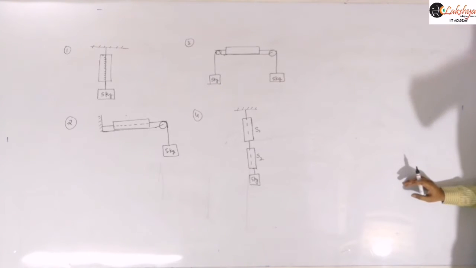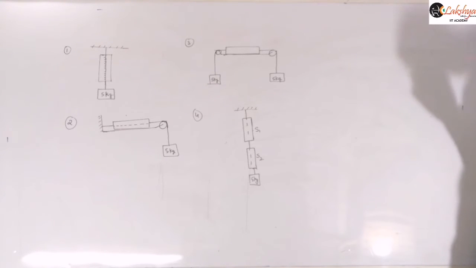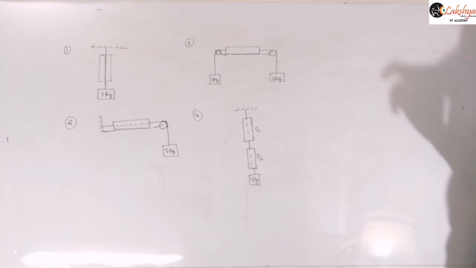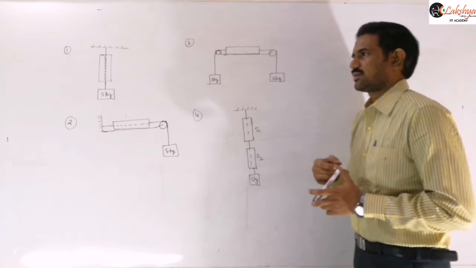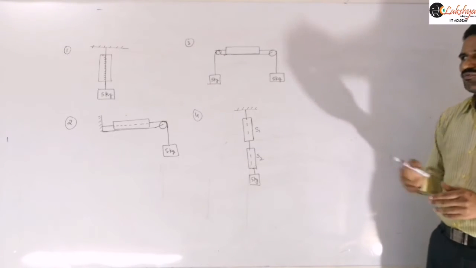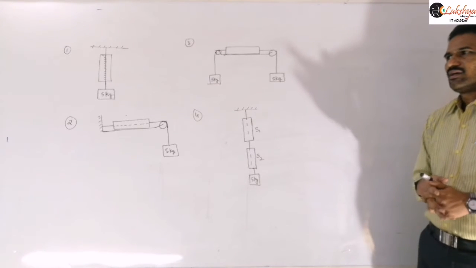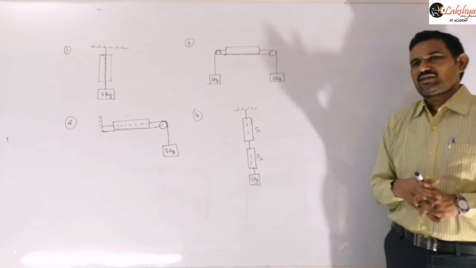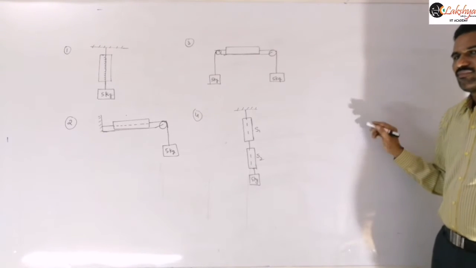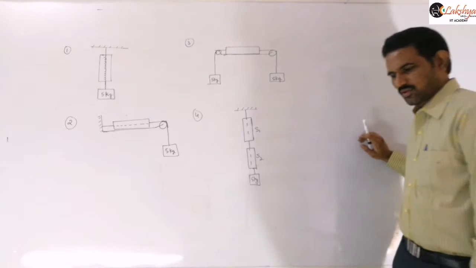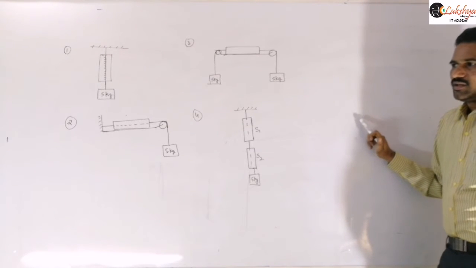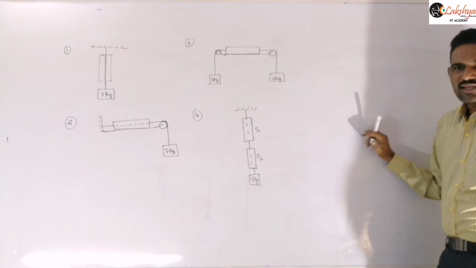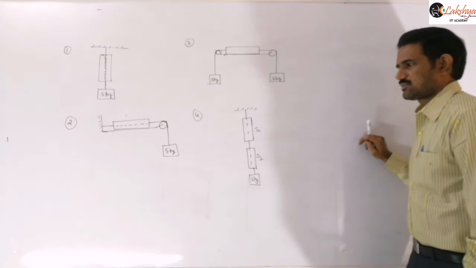That means in which case, what is the reading of the spring balance in the first case, in the second case, in the third case and in the fourth case. In the fourth case, you need to answer what the reading of each spring balance will be, right? So now just mention that in the following cases all the spring balances are ideal. Then answer the reading of the spring balance in each case.